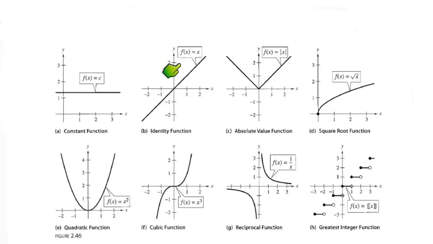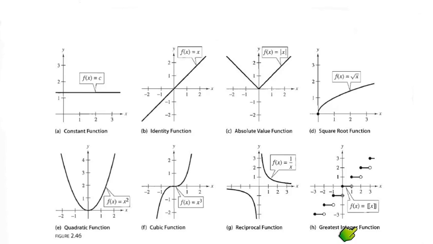This is your constant. This is your identity function, because whatever you put in, that's what you get. So you put in a 2, you get a 2. This one is your absolute value function. Here's your square root function, your quadratic, the cubic, the reciprocal function, aka rational function, and then you have the